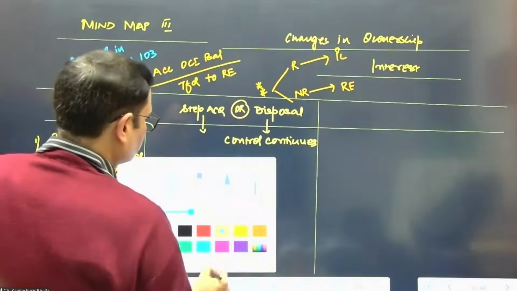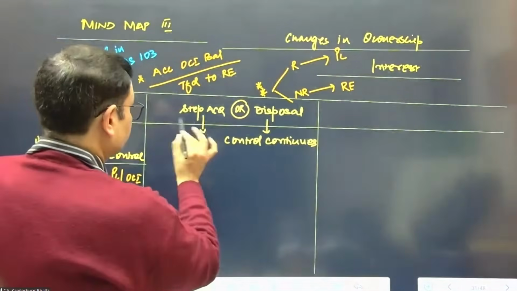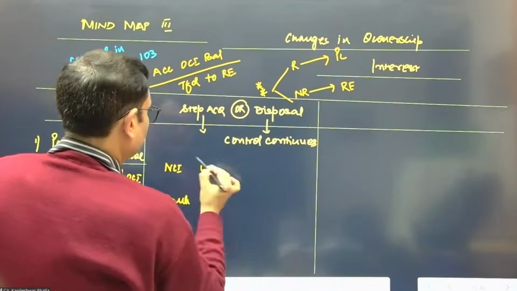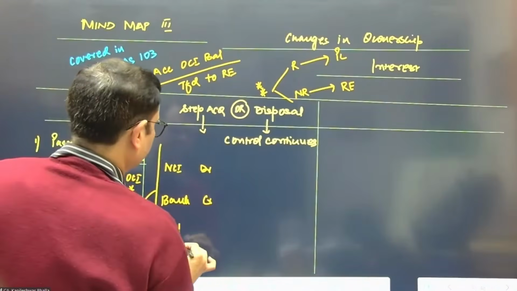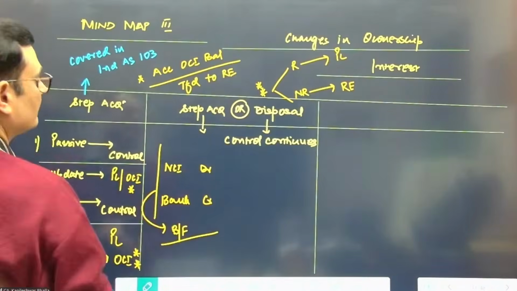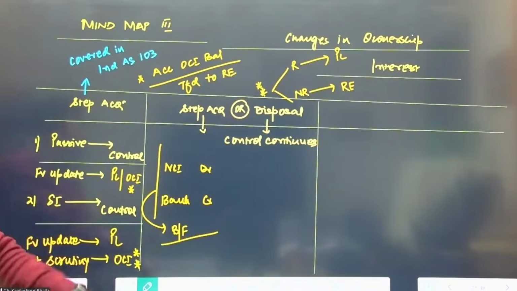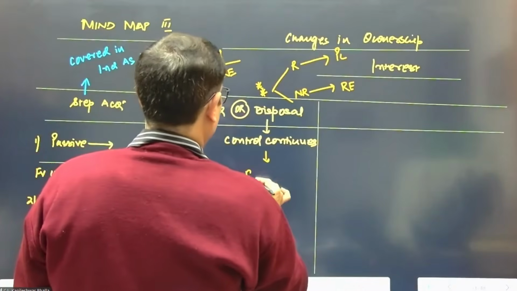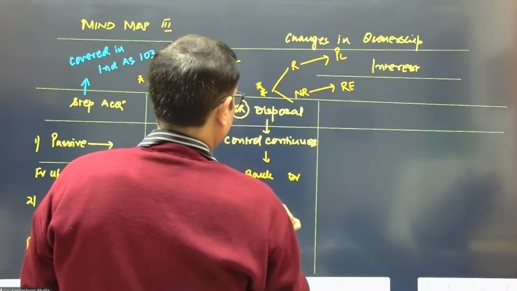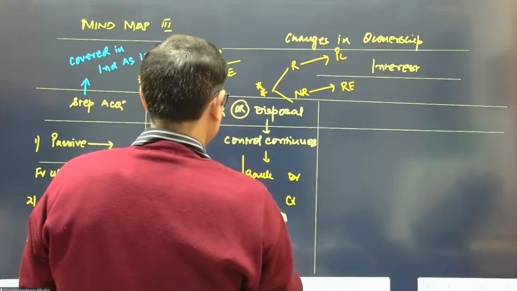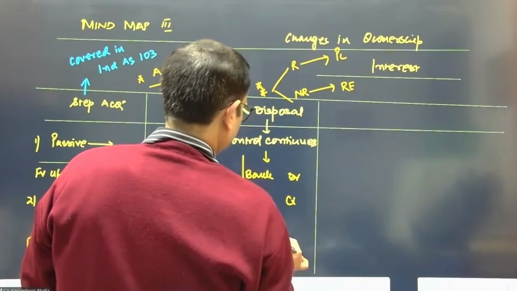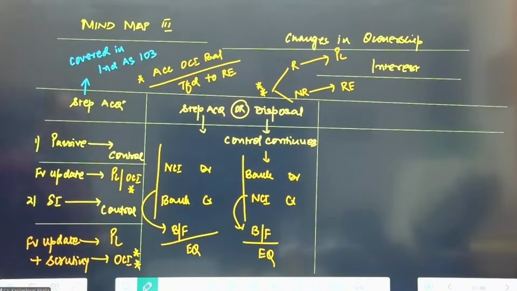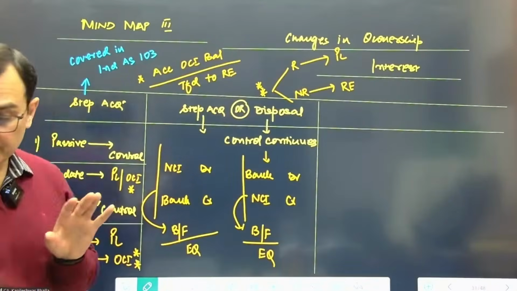In step acquisition, can I say the entry is, in this case, NCI gets a debit, bank gets a credit, and where is the balancing figure taken in this entry? Directly equity. Yes, sir. And if it is a case of a disposal, can I say the entry is bank gets a debit, NCI gets a credit, right? And here again, the balancing figure is taken to equity, because this is a dealing between the shareholders. So in this case, we just take the NCI as a debit or the NCI as a credit.